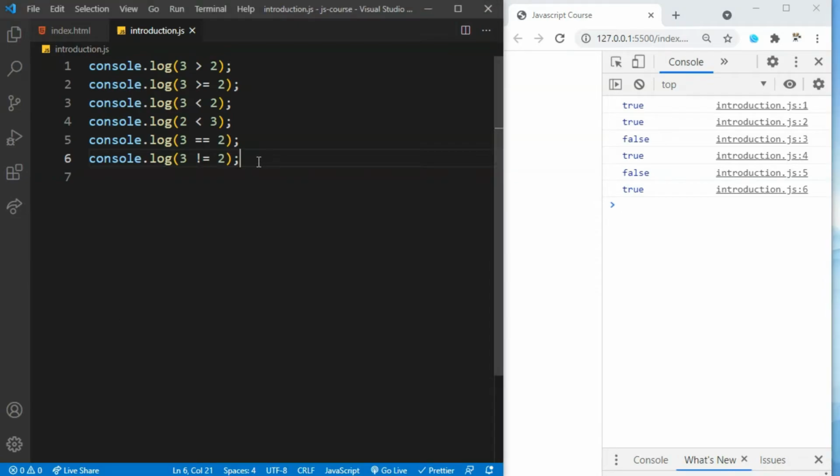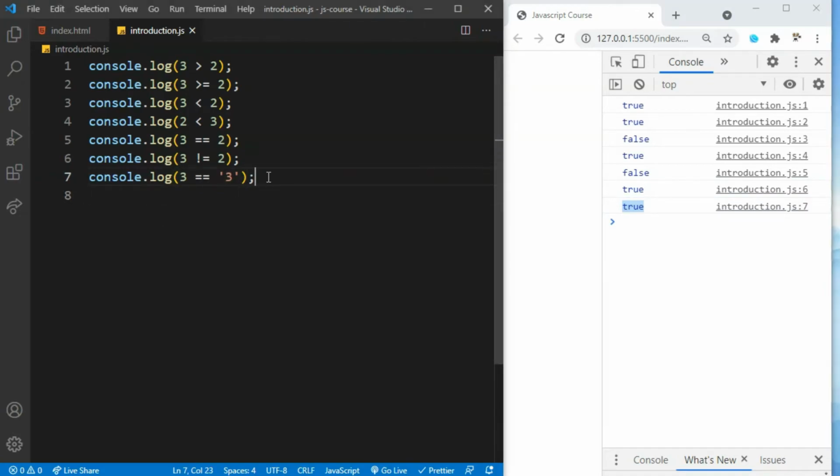Now in JavaScript, we also have triple equals to. The only difference between these and double equals to, let's see an example, then I will explain. Let's console log whether 3 is equals to 3, this 3 being the string 3. If I save that, as you can see, it's returning true.